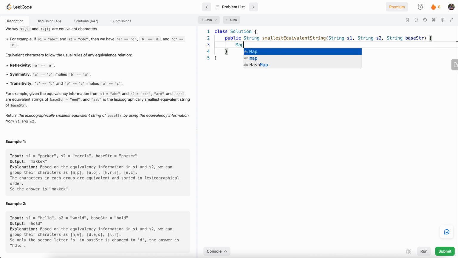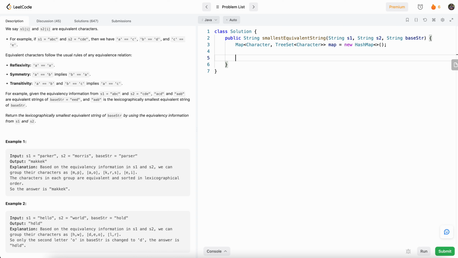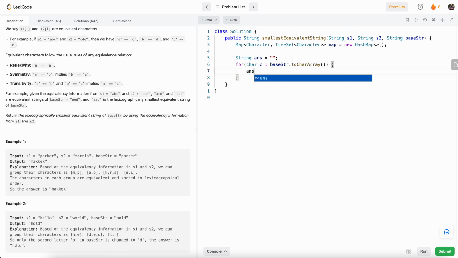So first, let's create our map of character to tree set of character. Okay, so there goes our map, and before I write the middle logic, I'll just go ahead and write the final logic where we'll go through base str and then return the final answer. So we'll have our string answer, initialize it to an empty string, go through each character in the base str, and then here we'll just say answer plus equals to, so if our map already contains the character, then we'll